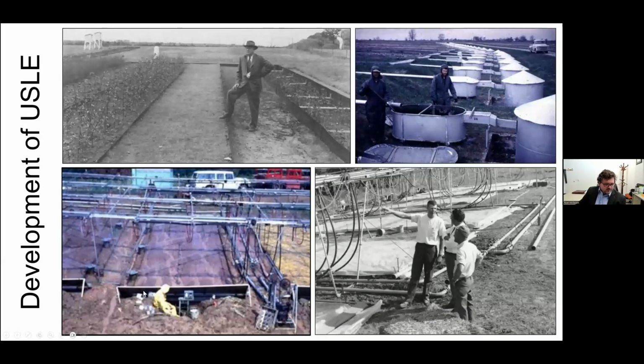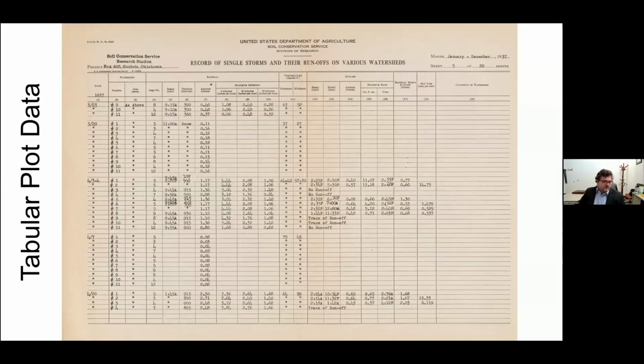Then in the 1960s, the plots evolved a little bit. They got a little bit smaller. These were small because at the beginning there wasn't much money and they didn't know what they were doing, so these were kind of pilot, but these were huge plots that were used to develop USLE, and things have gotten smaller since then in the 1960s. And I'm blanking on a name, a famous scientist shown here, but again, a picture from the 1960s of some erosion work on plots.